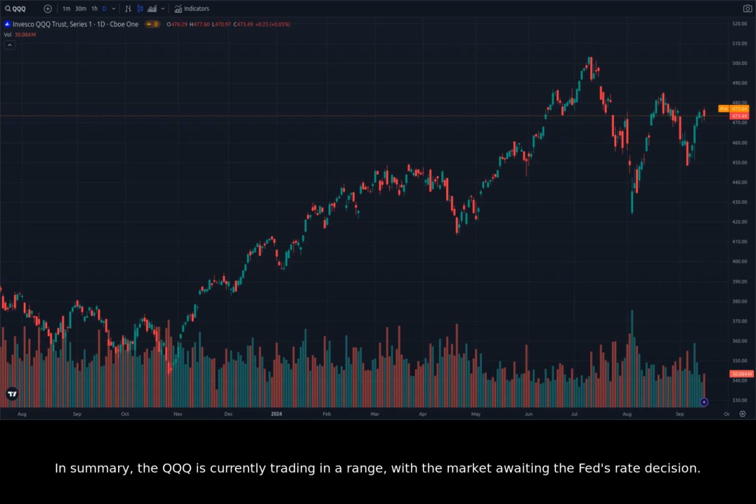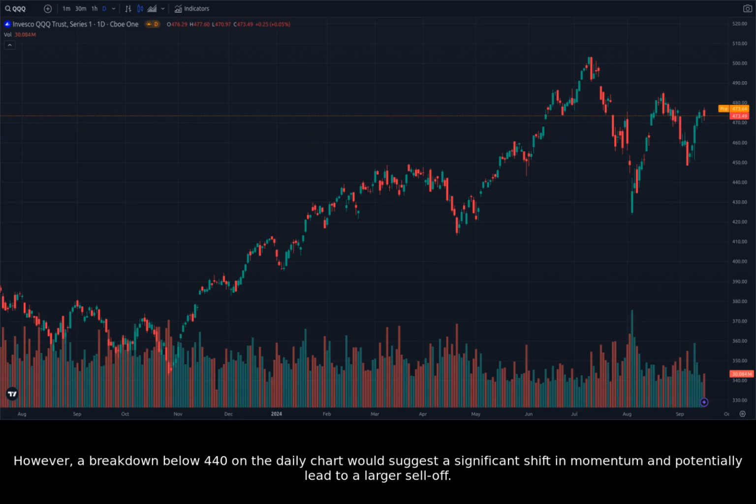In summary, the QQQ is currently trading in a range, with the market awaiting the Fed's rate decision. Key price levels to watch are 440 on the daily chart and 470 on the hourly chart. A break above 475 on the daily chart would signal a continuation of the bullish trend. However, a breakdown below 440 on the daily chart would suggest a significant shift in momentum and potentially lead to